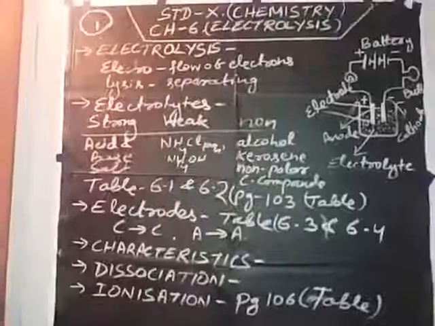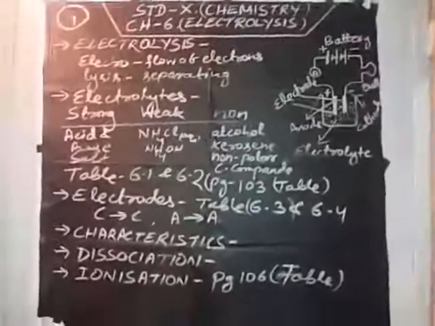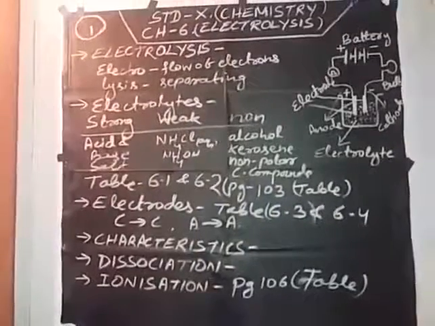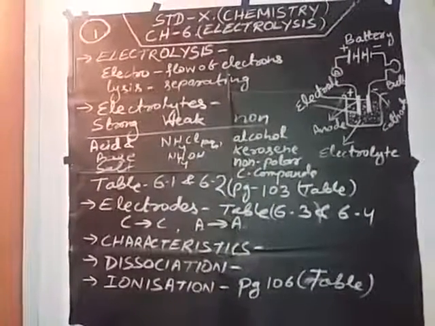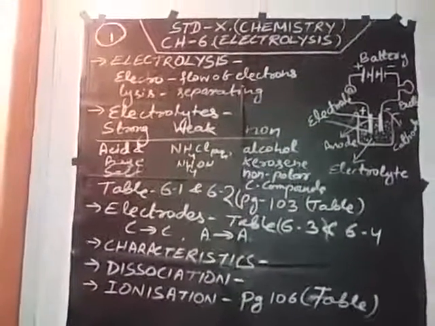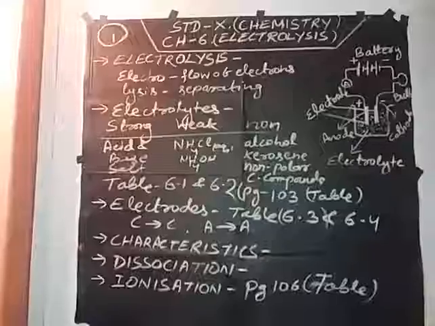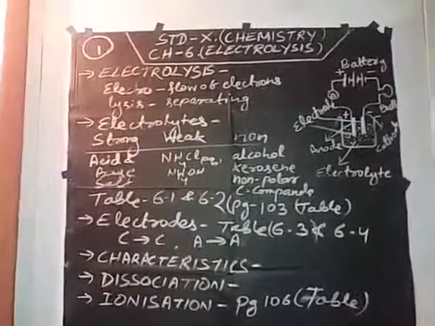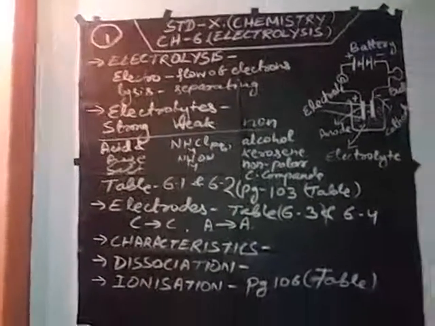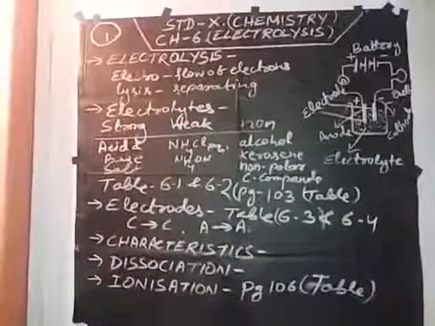What is the difference between cation and anion? See table 6.4. Cation means positive charge, anion means negative charge. So the cation moves towards the cathode, but the anion moves towards the anode during electrolysis. The cation gains electrons from the cathode and gets reduced to become a neutral atom. The anion loses electrons to the anode and gets oxidized to become a neutral atom. Examples of cations are sodium ion, calcium ion, any metallic ion or hydrogen ion. Examples of anions are chloride ion, hydroxide ion, sulfate ion and phosphate ion. Oxidation and reduction take place in electrolysis.